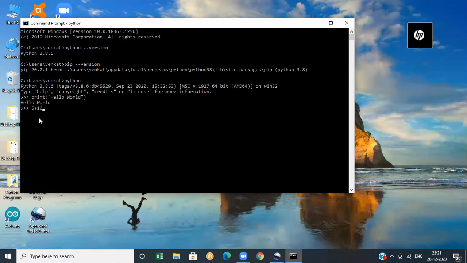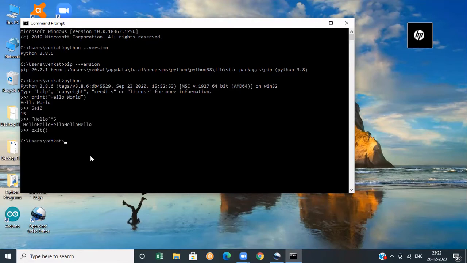Likewise, you can perform arithmetic operations also. Not only arithmetic operations, all the operations we can perform here. So when I give 5 plus 10, it prints the answer as 15. And also I can give something like this: "Hello" multiplied by 5. Now this particular message is considered a string, and this string will be printed 5 times. Finally, when you want to exit this shell, you can use the exit command. Now it automatically comes back to the Windows command prompt. This is how we can execute the program in the interactive mode by using the command prompt.